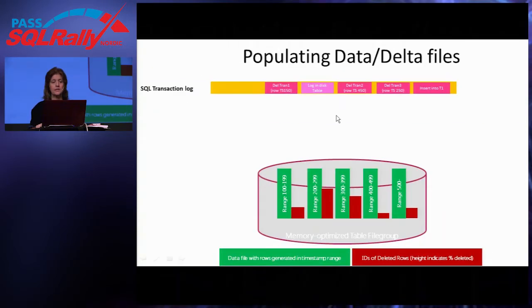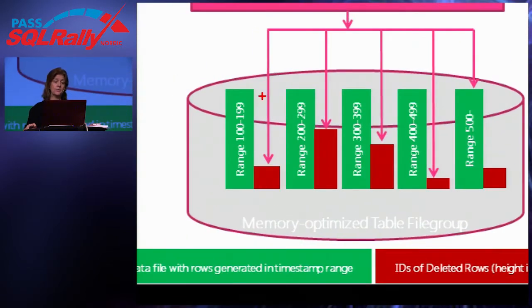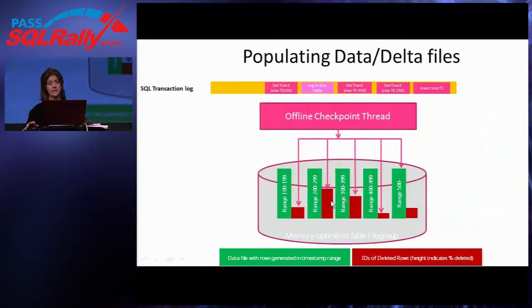Checkpoint is reading through it. It will read that first delete of a row that was inserted at time 150. So it will write to a checkpoint file. The checkpoint thread has files that have different ranges of values. It has a range from 100 to 199, 200 to 299, 300 to 399, etc. So reading through the log, the first delete will add a marker into the delta file for this first range because it was a row that was inserted at time 150. So that's the data file that delete has to be associated with.